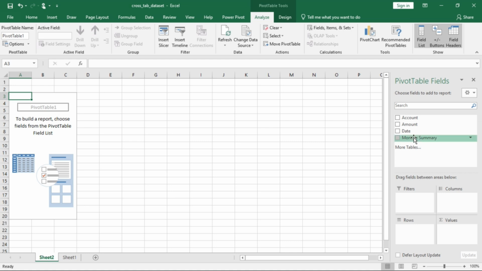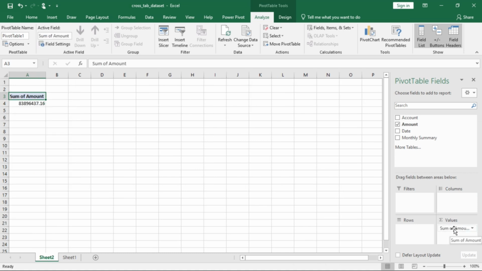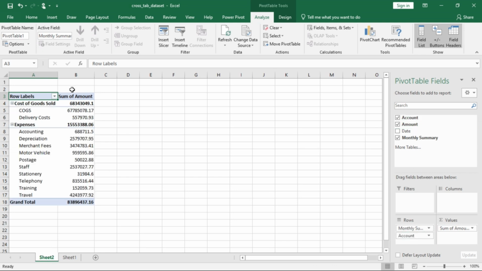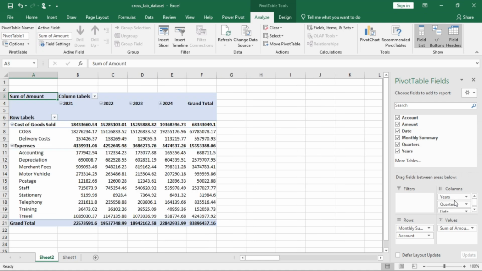Now I'll load the Amount into the Values box, which creates a sum of all the amounts. Then I'll drag Monthly Summary into Rows, and I'll drag Accounts under Monthly Summary. This gives us the monthly summary of our expenditure. If we want to add days to it, you can just drag Date into Columns. So this creates